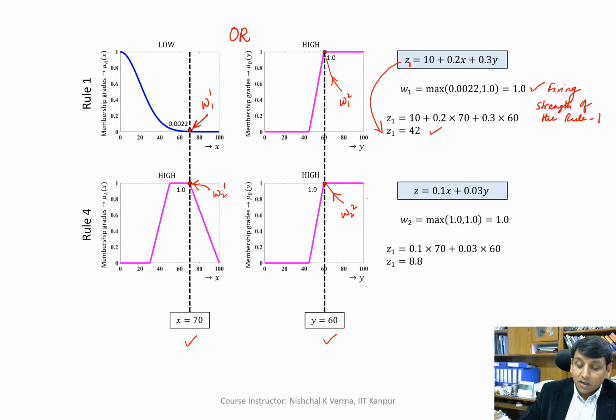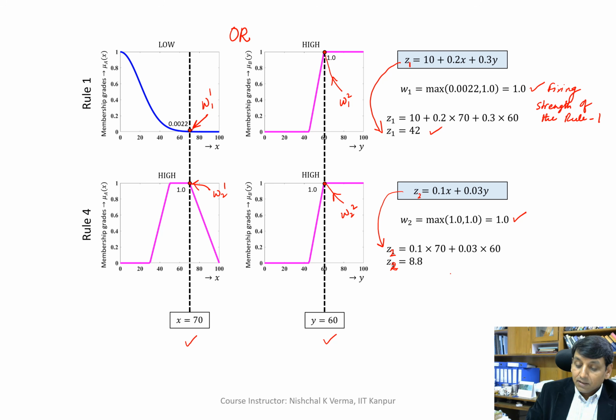Both of these are 1, so max is again 1. This is the output Z2, and substituting the values of X and Y,